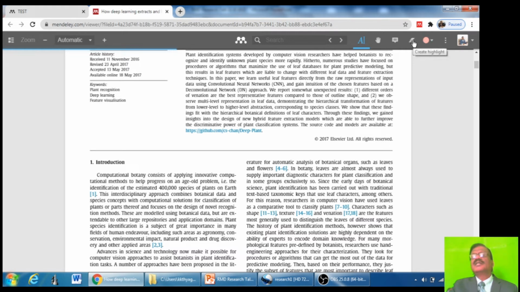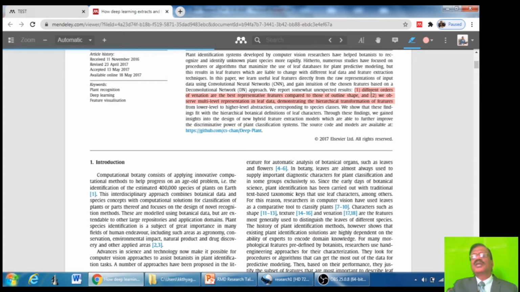Then this is the highlighter. You select that one, come here, select these 2 points. It will be highlighted. Anyway, it is taking few seconds to highlight. After highlighting, I want to comment on this.